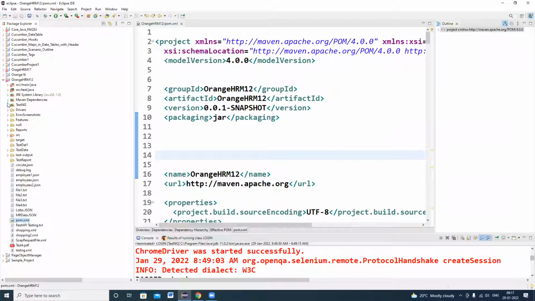That is the thing you need to ensure, that all the things are available. And TestNG: these are the TestNG supporting libraries, they will be available. In case on some systems you are not able to see them, no need to worry. Just check whether your programs are running or not. If it is working fine, then it's fine.